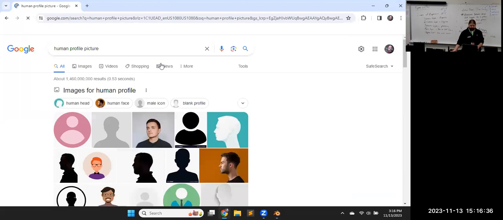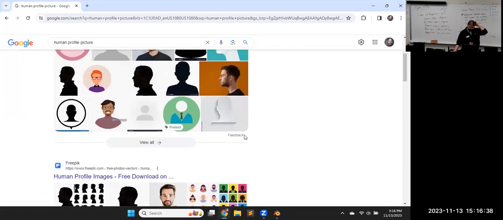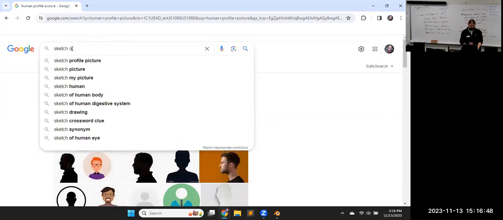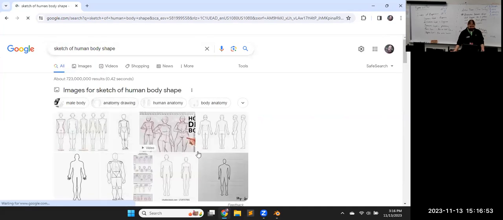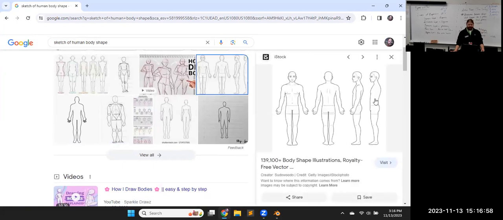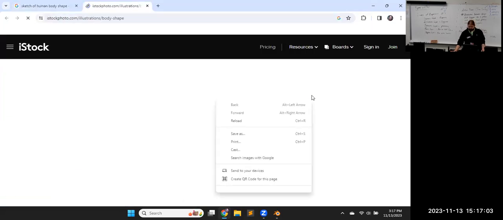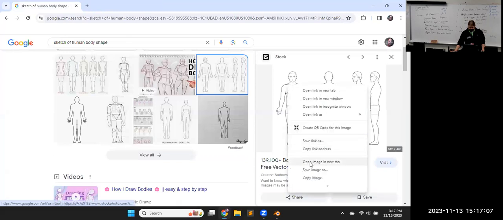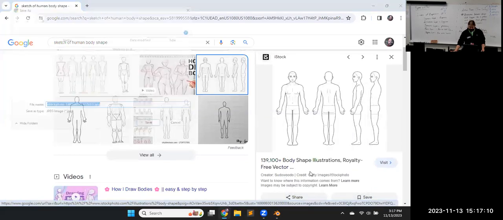Picture. We got a picture. So that's probably that human sketch. Okay. Here we go. A lot of times we would use reference material like this. This one here is probably for actual 3D modeling. We can take that picture. Right click, save image as,